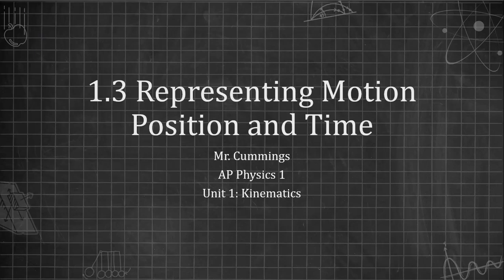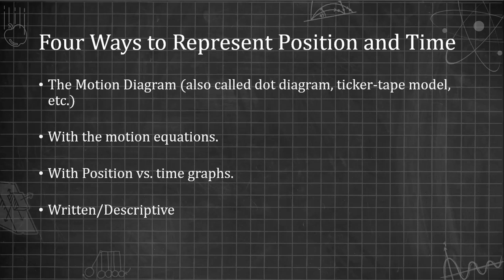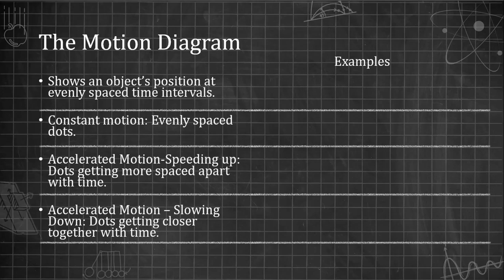So we have four main ways of representing position and time, and that is with the motion diagram, motion equations, position time graphs, as well as written and descriptive. We'll start by taking a look at the motion diagram, which essentially just shows where an object is located at evenly spaced time intervals. So we're going to look at constant motion, accelerated motion speeding up, and then accelerated motion